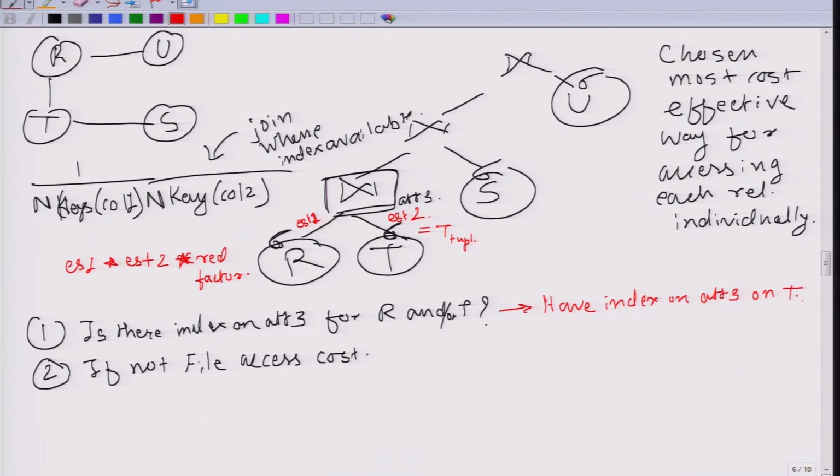Which means that in my 1 upon n keys column 1, n keys column 2, I have an exact estimation available for n keys column 2. Let's say that estimation is 1000 keys, and I don't have an index on attribute 3 for table R, but I have an index on attribute 1 which did an estimation of the results. So now how I am going to do the cost estimation for this join is, remember that I have estimate 1 from the selection applied on R into T divided by 1000, which is the n keys column 2, and I have to apply a reduction factor on this estimate 1 to make it available for the join cost estimation. So that reduction factor is going to be 10%